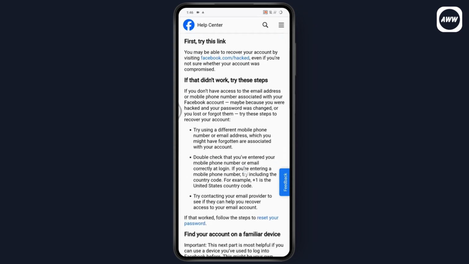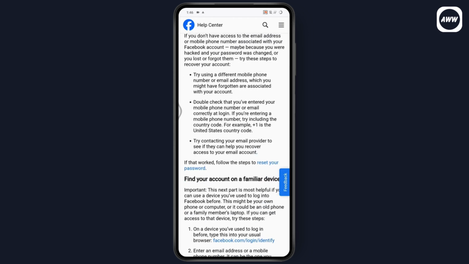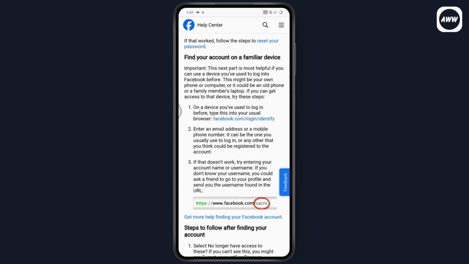facebook.com/login/identity. Or you can also try these steps. You can try using a different mobile phone number or email address which you might have forgotten are associated with your account. You can double check that you've entered your phone number or your email correctly at login. If you're entering a mobile number, try including the country code or try contacting the email provider to see if they can help you recover access to your email account. Or if that doesn't fix your problem, then you can go with